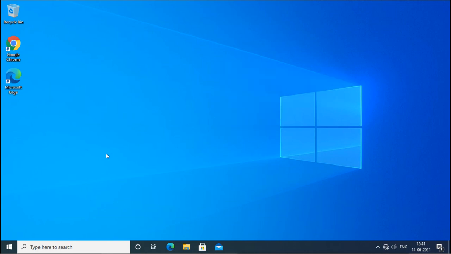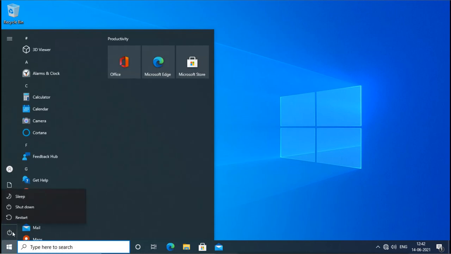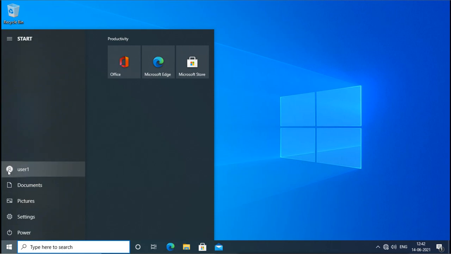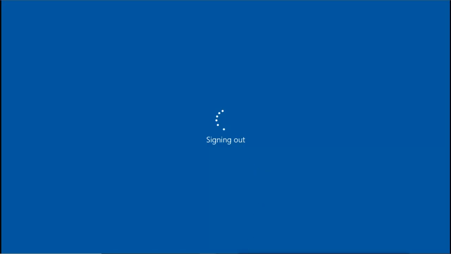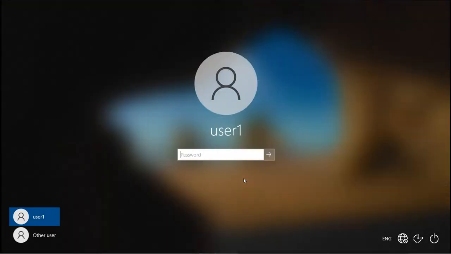Now I will log in as an administrator here. Last time I logged in as user 1, so it is showing user 1 here.